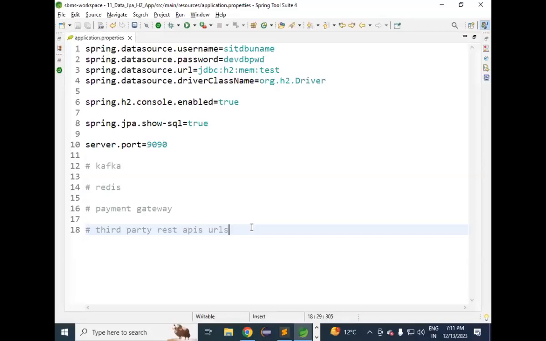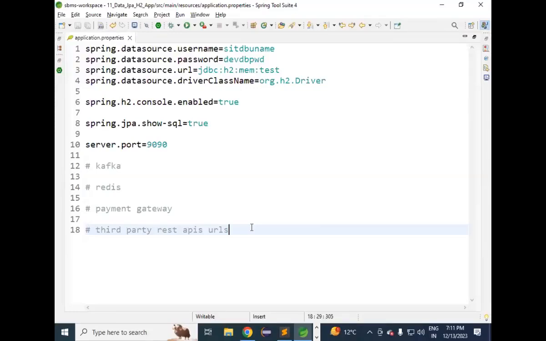Who is going to do the deployment daily? Developer or DevOps people? DevOps people. Is there any chance of making a mistake or not? There is a chance of making a mistake. If you don't change all the properties properly, it will give incorrect data. Incorrect results will come. Testing cannot happen properly. So to avoid this problem,